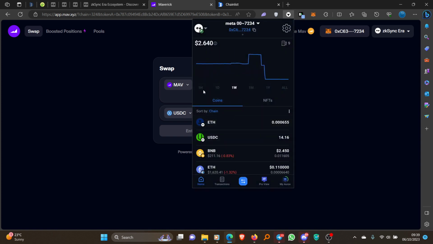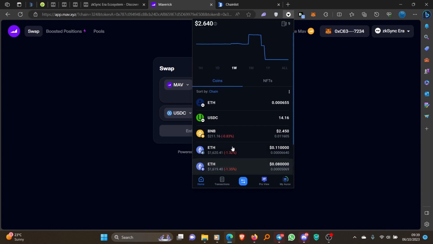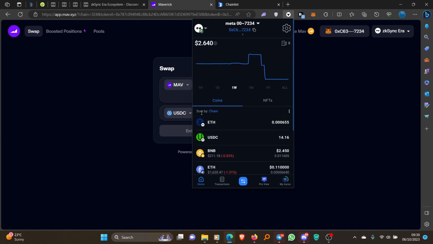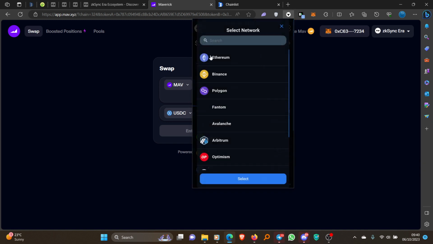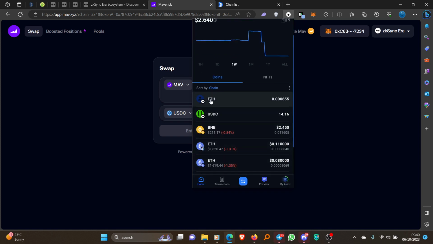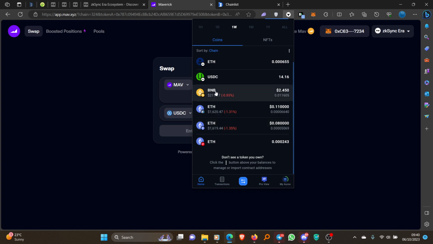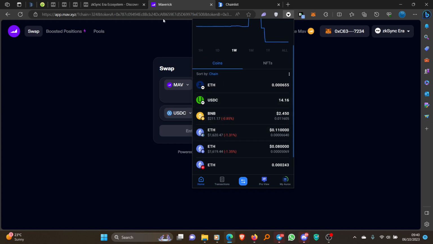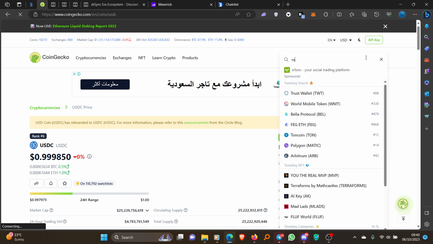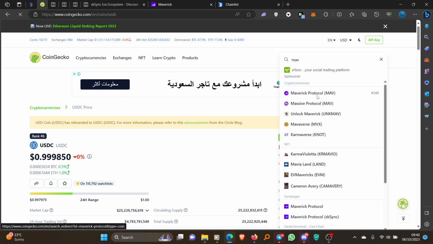you can see that I have, I'm going to scroll down. To import your Maverick token here, you see that it's the same thing. So this is sorted by chains here. So I'm currently on the zkSync mainnet. Yeah, so I can see I have my Ethereum here and I have a USDC here. But to import, for example, I want to import any contract here, I just do the same. If I want to import Maverick, I've already done that, but just to do it again,